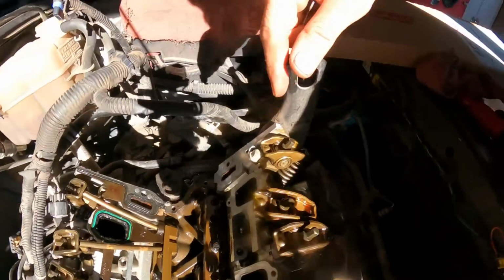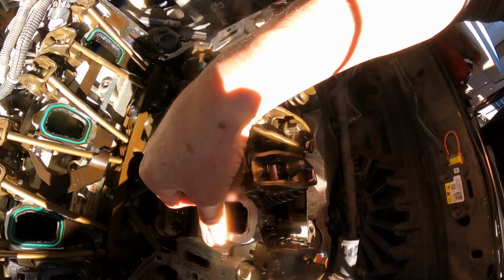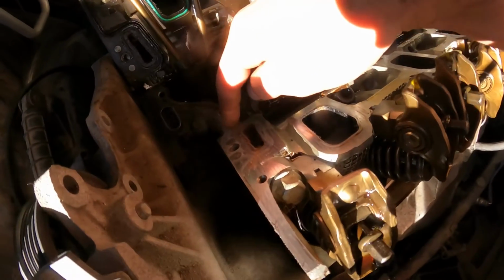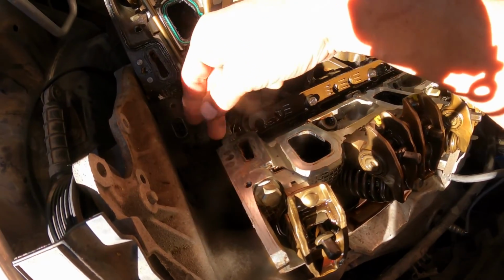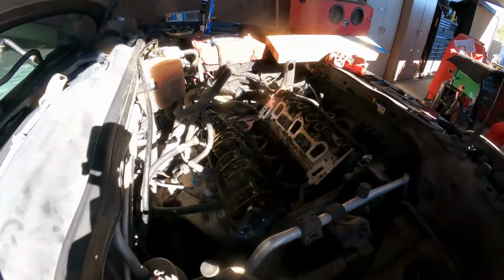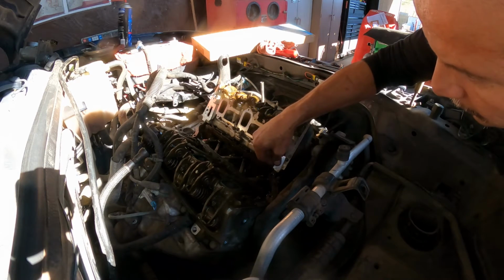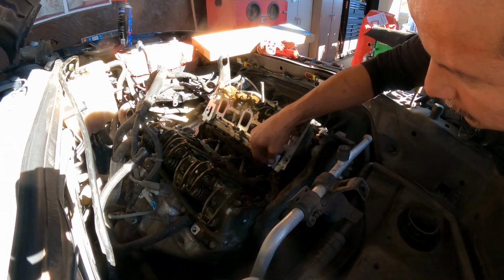Right guys, so this side I removed already the gasket. I cleaned it as much as I could, within reason. Here, I gotta remove a little bit, now that I'm feeling it, a little bit of residual silicone left. So make sure you take the time to get everything done correctly, so that the new gasket, the new job is going to work, it's going to be good,